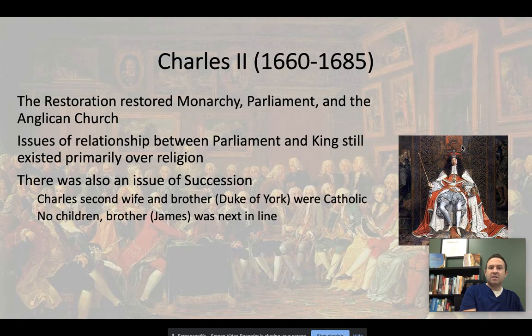Now, Charles II seemed to support Catholics, and he will draw heavy criticism from Whigs in Parliament, because Charles will grant freedom of worship to Catholics. He will make a deal with Louis XIV in 1670, whereby France will give England money every year in exchange for Charles relaxing restrictions on Catholics.